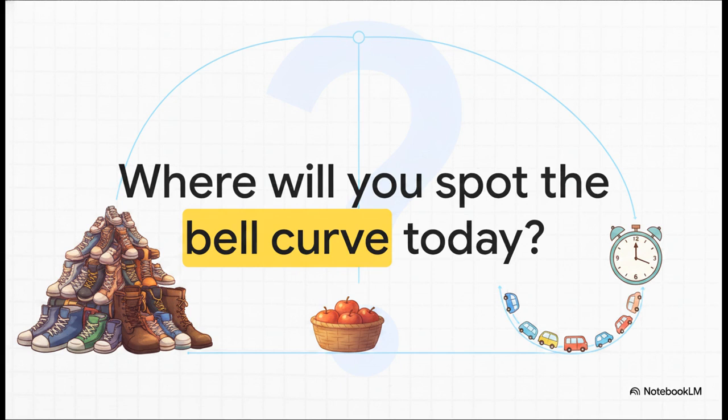Well, that wraps up our cinematic educational lecture for today. We've seen how the central limit theorem brings total order to chaos, how the mean and standard deviation shape the curve, and exactly how z-scores let us navigate it all. So my final question for you is this. Now that you're armed with the hidden math behind the bell curve, where are you going to spot the normal distribution in your daily life?